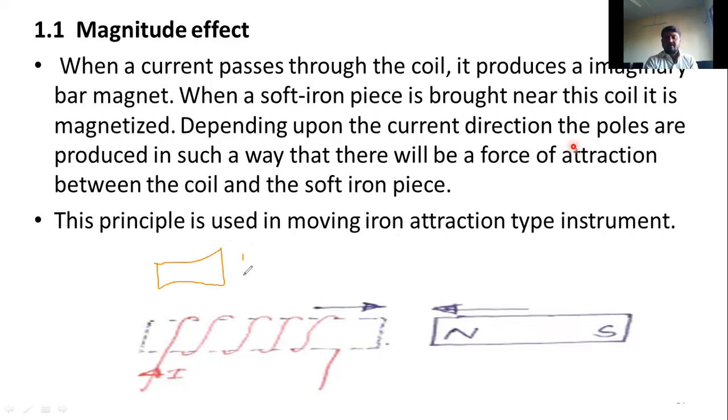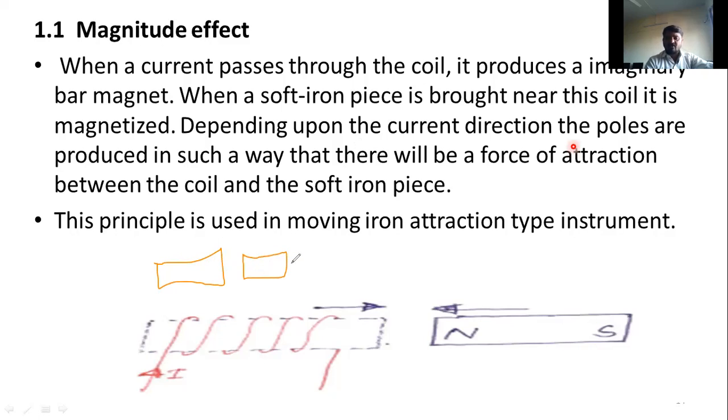When I bring these two iron pieces near to one another, will any attraction or repulsion occur over there? Yes, sir. What happens? I am telling just iron pieces, I am not telling the magnet. Remember, both are iron pieces only. So there is no property of magnetism here now.